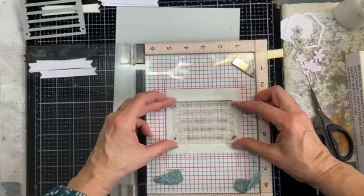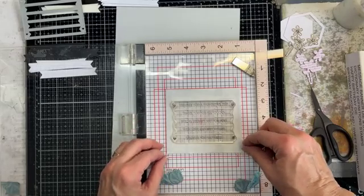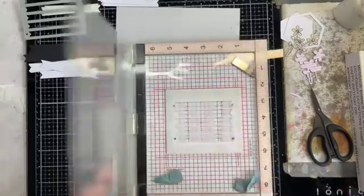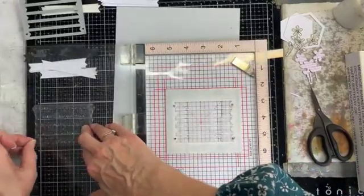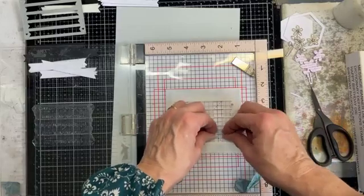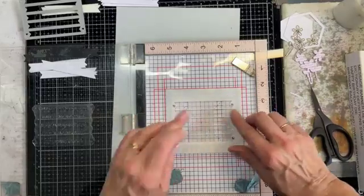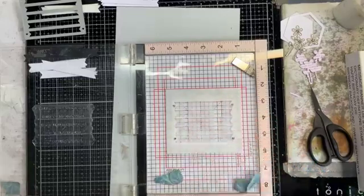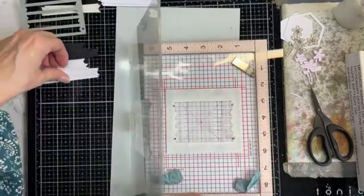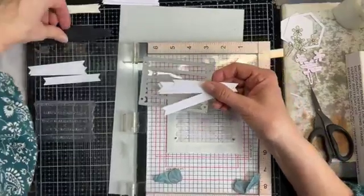It has little hearts that you can line up, but to be honest with you, I tend to do it by eye. That looks about right, but I will check again once I've got my banners in place. So what I did on the back of my Scotch Magic tape was I put a little bit of anti-static bag over it, so it's still got a little bit of tack, but it's a lot less tacky than it was. And I've already gone ahead and die cut some white tags and some black tags,